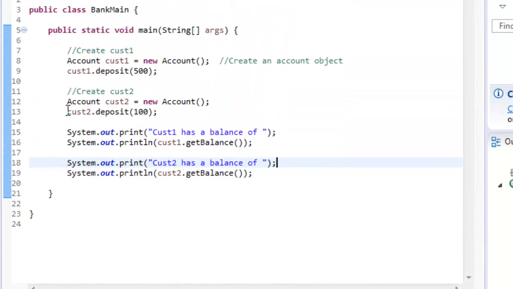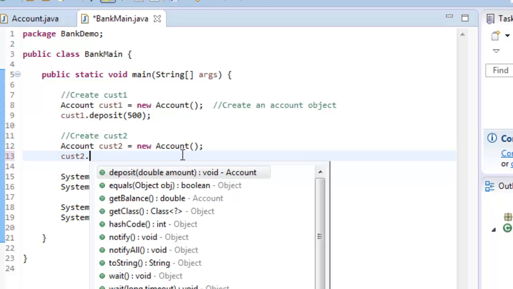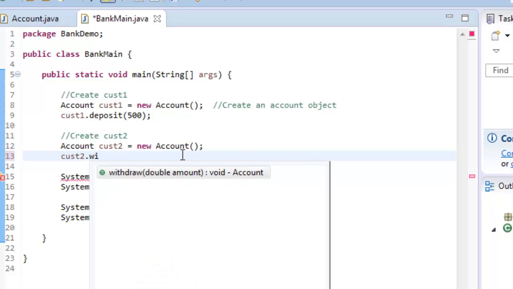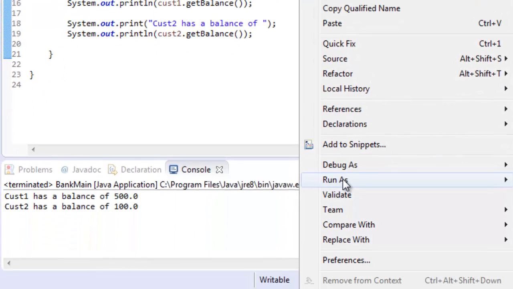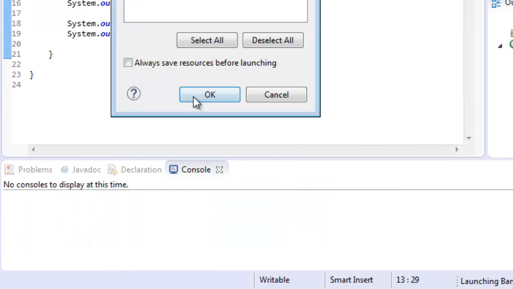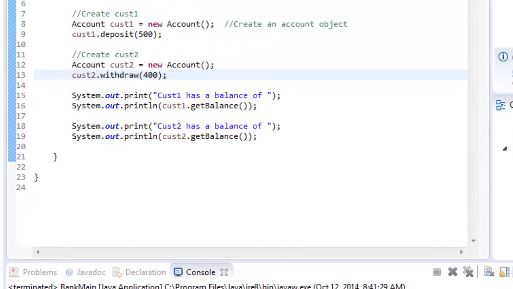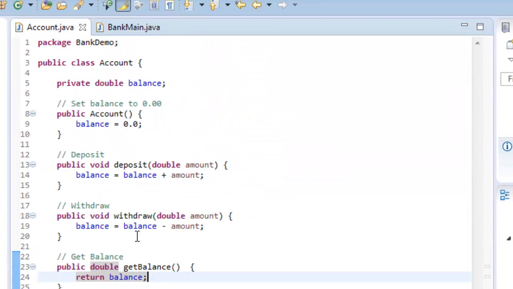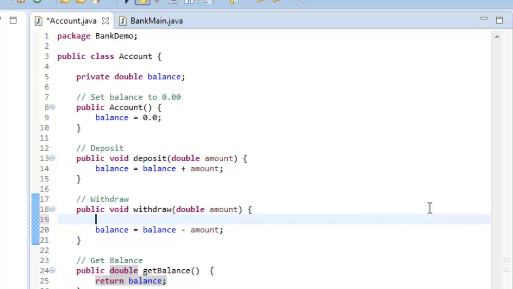So now I want to do something else here. Let's go over here and do cust2 dot, instead of deposit, let's do a withdrawal, and let's say they want to withdraw $400. Now I go ahead and run that, and now customer 2 has a balance of negative $400. So what we would want to do is not allow that. So I'm going to go over here to withdraw,